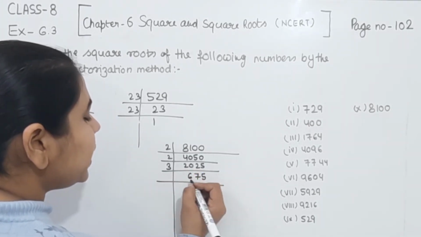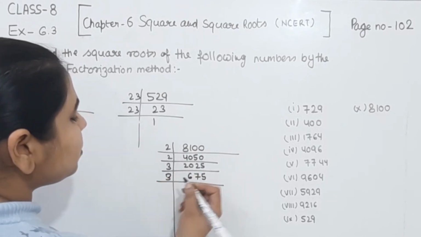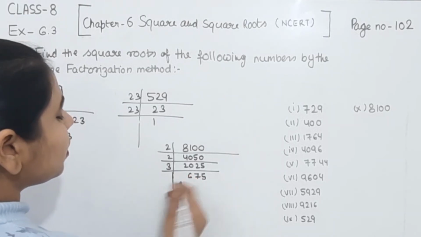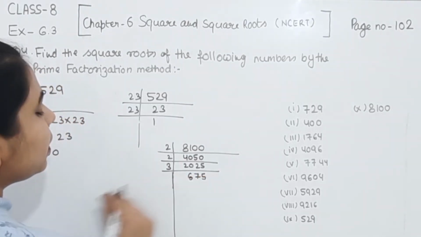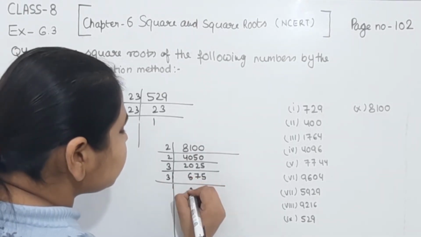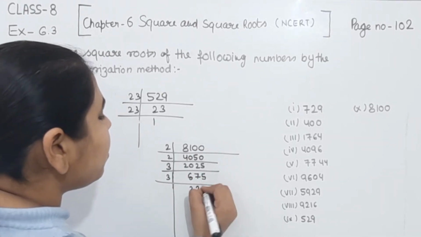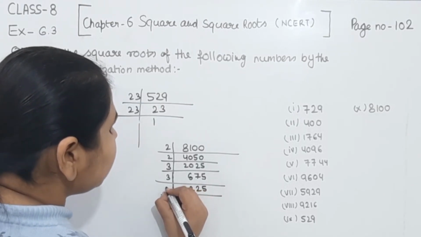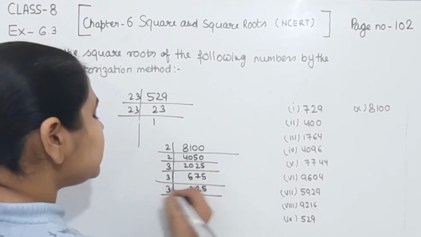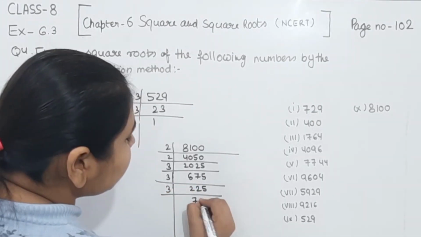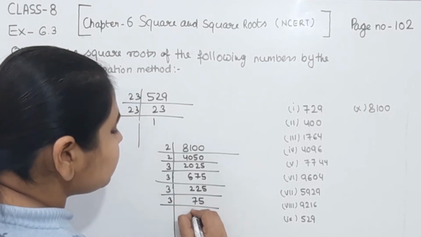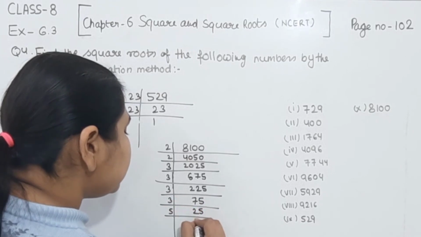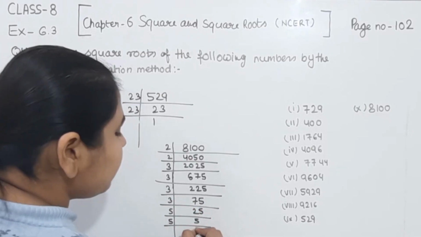Now we will divide this one by the 5. Again by the 3. Now again we are going to divide this one by the 3. So 3 2s are 6, 3 2s are 6, remainder 1, 3 5s are 15. Now I am going to divide this one by again the 3. So 3 7s are 21, remainder 1, 3 5s are 15. Now 3 2s are 6, remainder 1, 3 5s are 15. Now 5 1s are 5, 5 5s are 25 and 5 1s are 5.